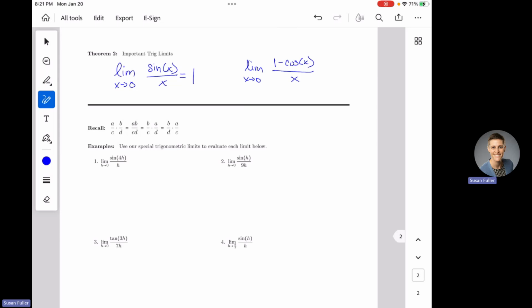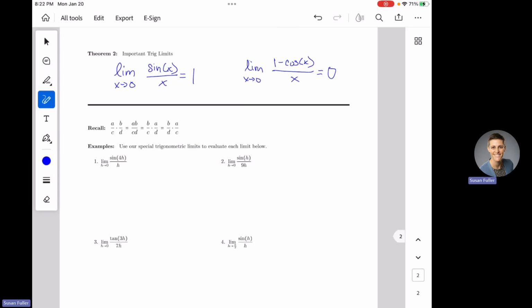Now, we haven't done this one in our notes, but similarly, algebra is going to fail us here, as will our trig identities. We could make some tables from the left and from the right. You could do that if you really want to, but I'm going to ask you to hit the I believe button for me right here, and that limit will be 0. You will notice that your y values approach 0 from either side. Feel free to make those tables and double check me. But for now, just for the sake of time, I'm going to ask you to hit the I believe button for me.